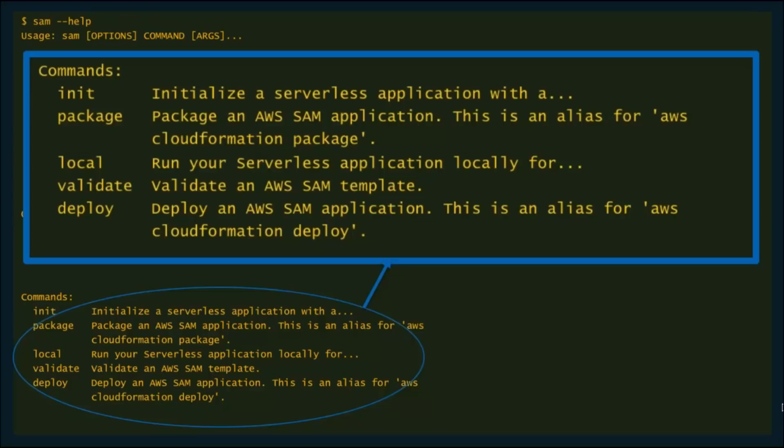And then what deploy does is it takes that package up in S3, takes what's considered a transformed CloudFormation template, and goes through the process of standing up the CloudFormation stack for your SAM-based application. And so this is how you can, directly from your command line, create, build, test, and deploy your serverless application. So let's dive into SAM here real quick.